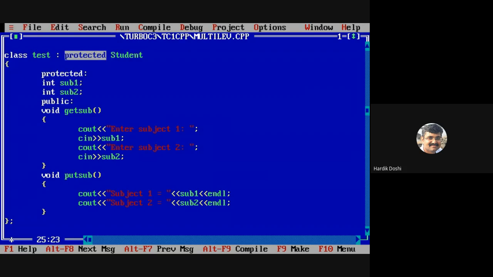All the accessible members go to the protected section of the test class. But I have told you the condition. What is that condition? Security cannot be decreased. It can remain the same or can increase.